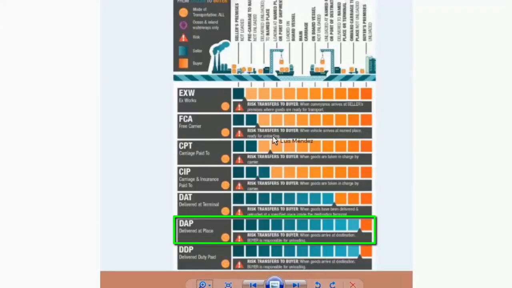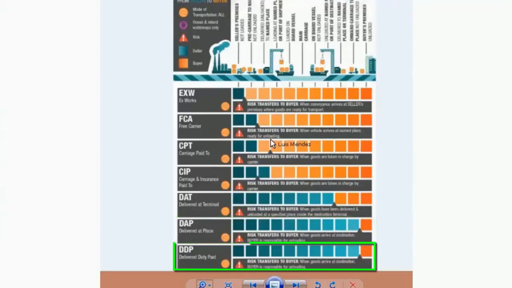unloaded. Then we have the DDP, that is delivered duty paid. It means that the risk is going to be transferred to the buyer when the goods arrive at the destination, and the buyer is responsible for the unloading too, again as in DAP. Now we have